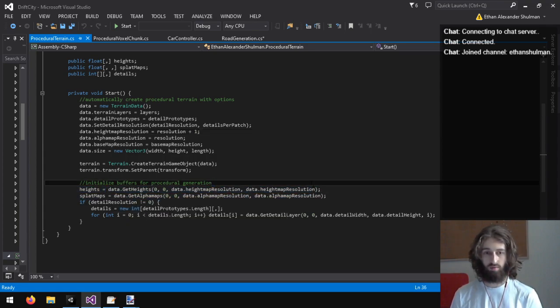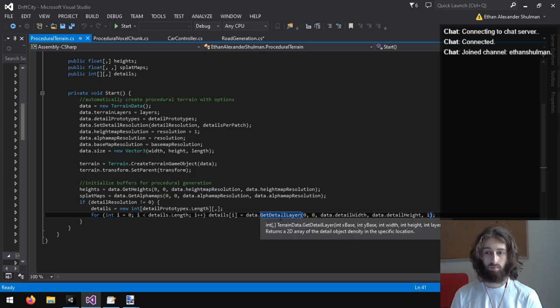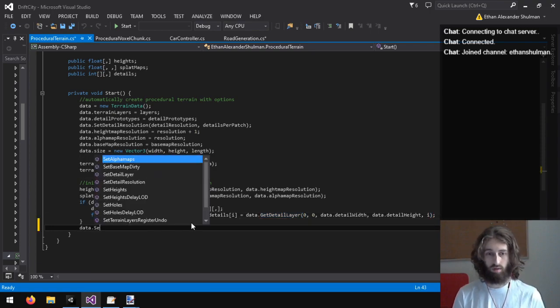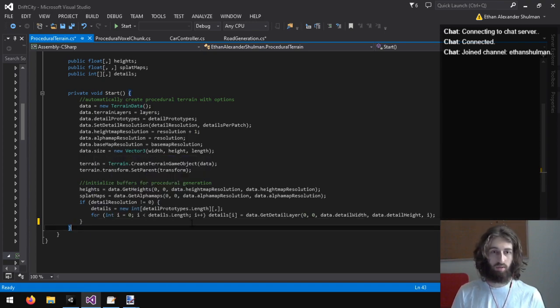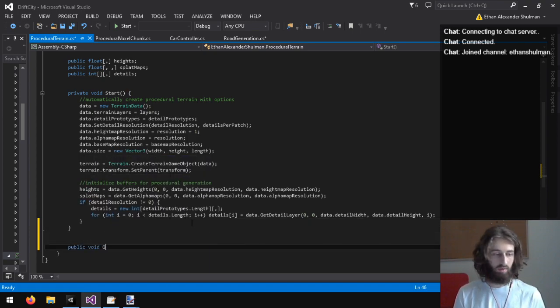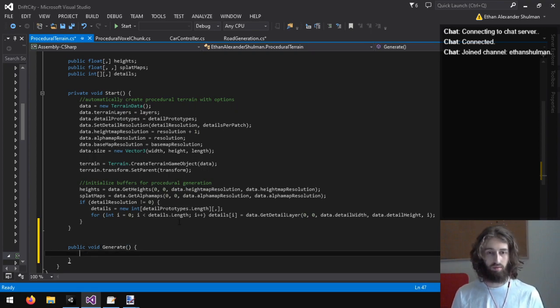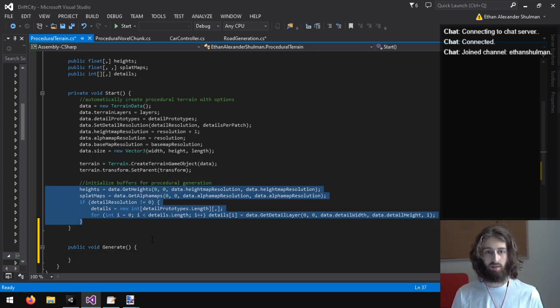I think I just do set heights, set alpha maps, set detail layers. I wonder, can I just do data set detail layer? So maybe, hold on, let me try adding a generate function here. Goes through and sets all these.